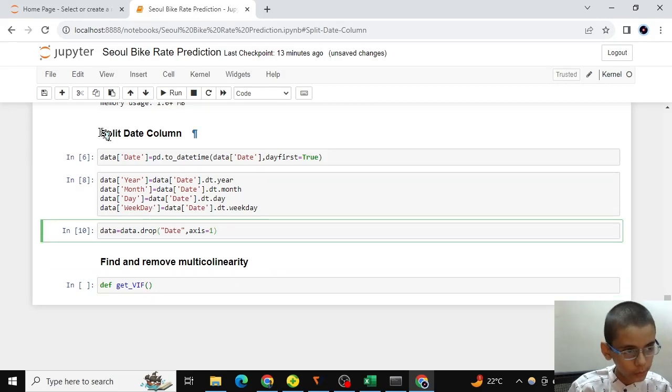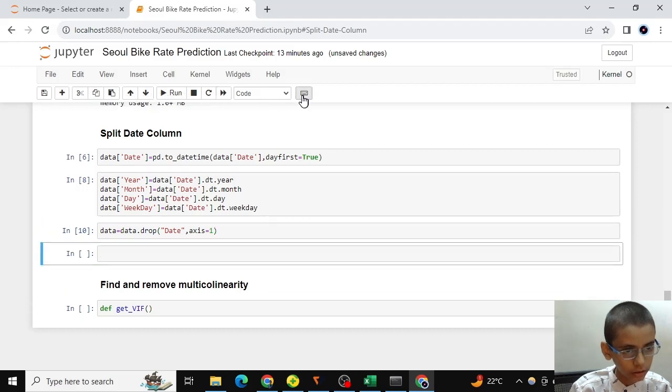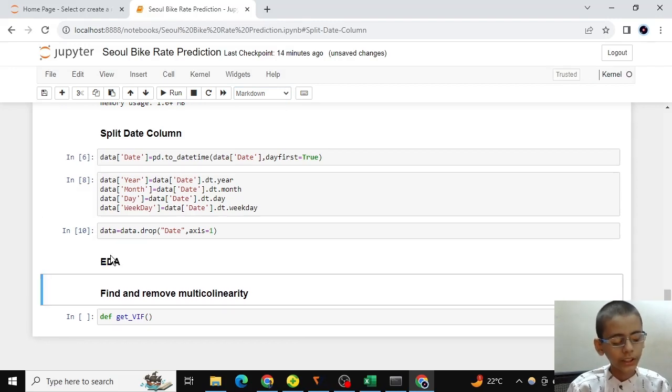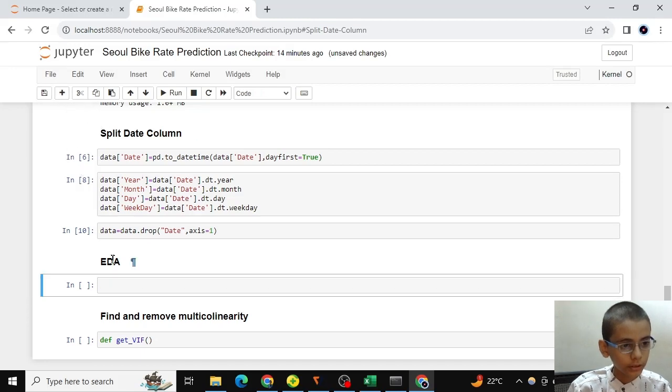Before that we can do a thing, we can do EDA. We are going to do a little bit of it, not too much. A heatmap. We are going to plot it because it is related to multicollinearity.